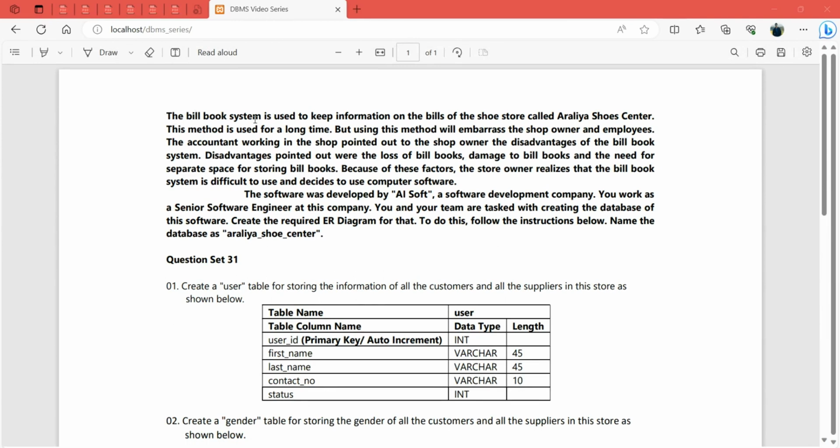The bill book system is used to keep information on the bills of the shoe store called Aralia Shoe Center. This method is used for a long time, but using this method will embarrass the shop owner and employees. The accountant working in the shop pointed out to the shop owner the disadvantages of the bill book system. Disadvantages pointed out were the loss of bill books, damage to bill books, and the need for separate space for storing bill books. Because of these factors,